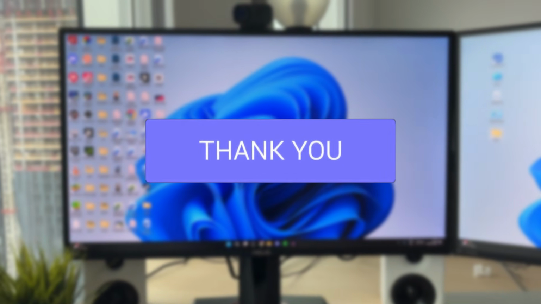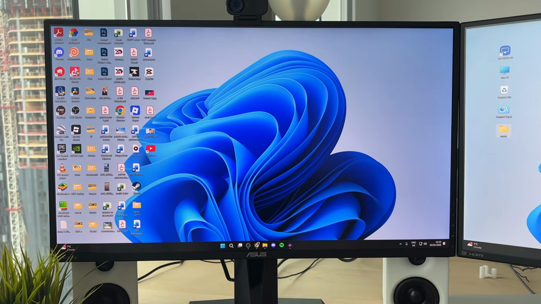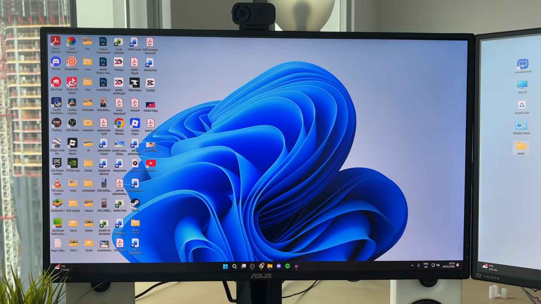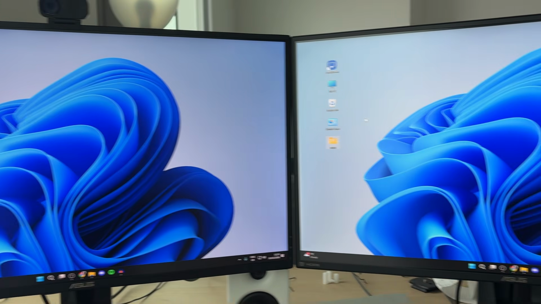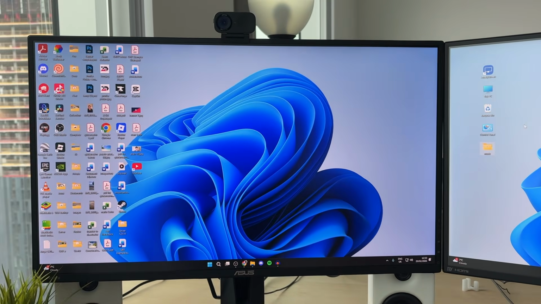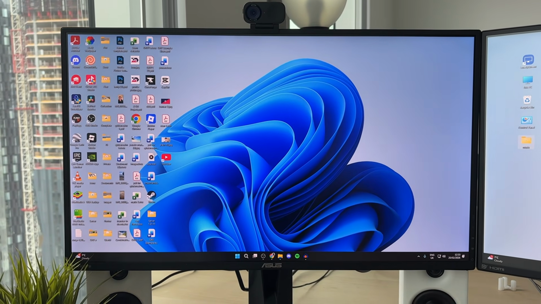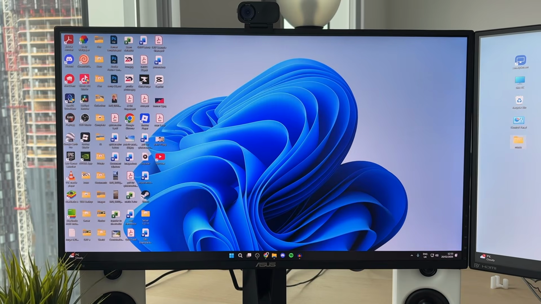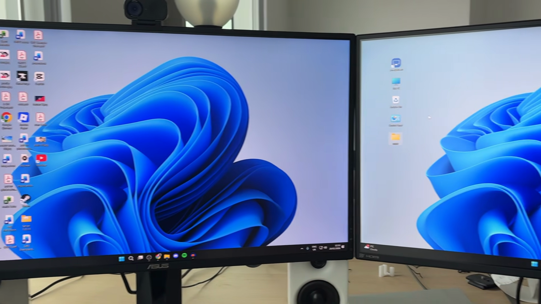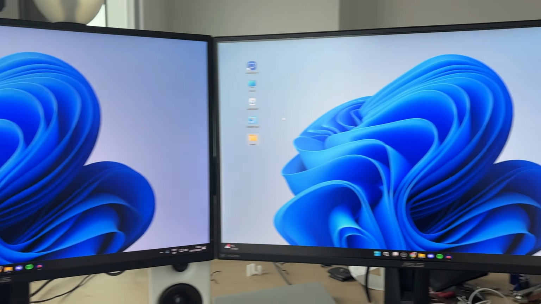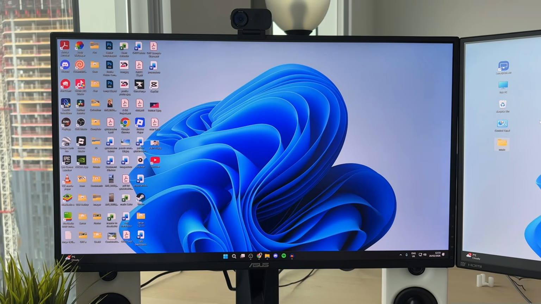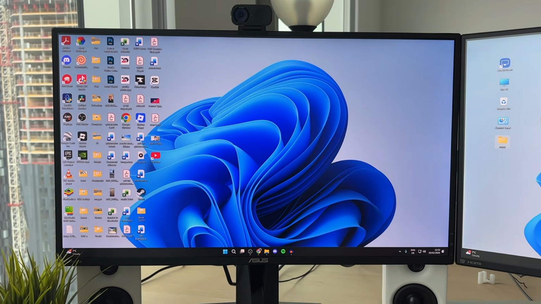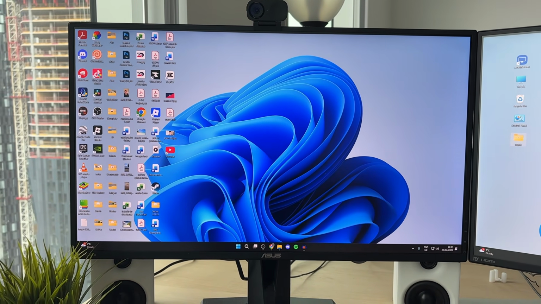So perhaps you're using multiple monitors on your computer and you want to be able to customize how they work. You can have them duplicated. This is quite common if you're using a laptop and a monitor, because perhaps you just want to make the laptop screen bigger on the monitor. But if you're using a PC or a laptop as well, you may want to have them extended like so. So we're going to guide you through the different options you've got here and also how you can customize it. And there's quite a few different settings you can adjust to make your experience